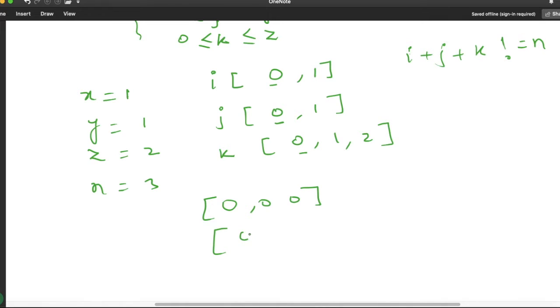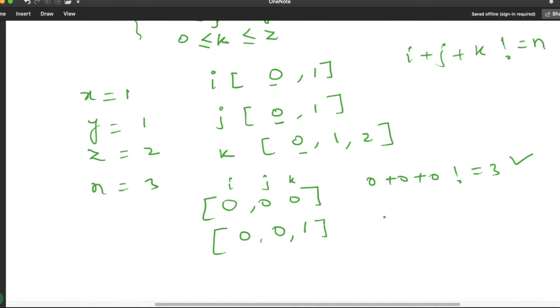If I am taking 0 from the first, 0 from the second and 0 from the third, this will be one combination. Next, 0 from the first, 0 from the second and 1 from the third. You can see i plus j plus k is not equal to n. Here 0 plus 0 plus 0 is not equal to 3, so this is a valid list satisfying my required condition.